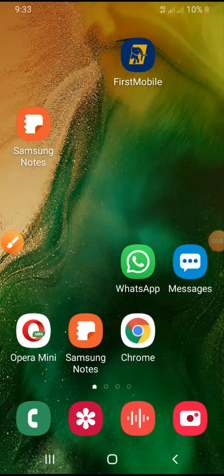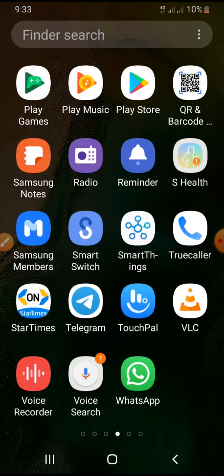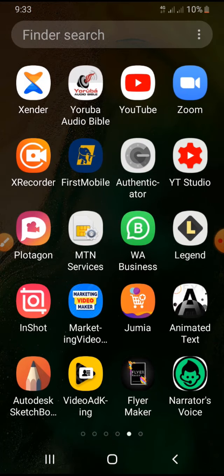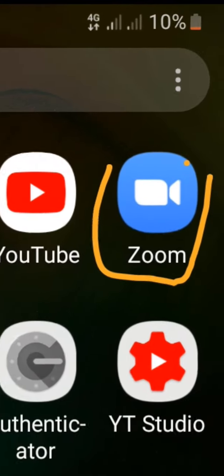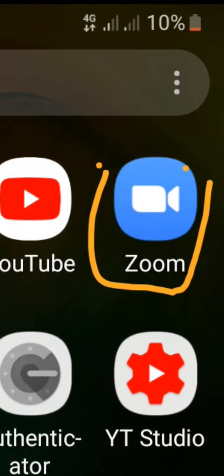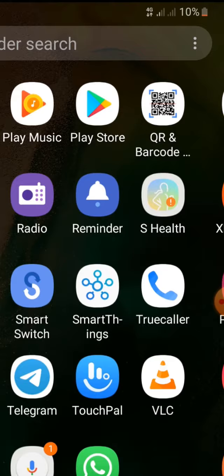Video, I want to briefly explain how you can make use of Zoom application on your phone, though we have PC version of the application as well. So if you are using an Android phone, you have Zoom application on your phone. This is Zoom application. But if you don't have it yet on your phone, you are going to download it